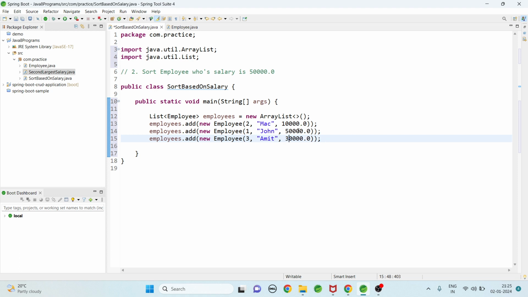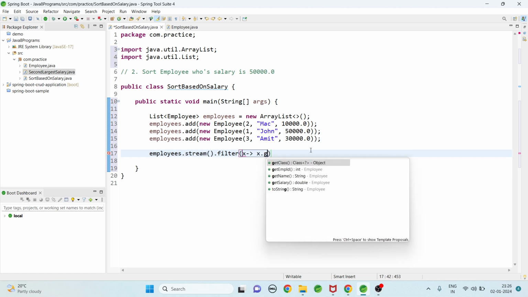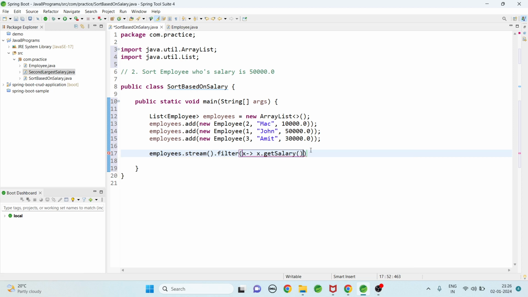30,000. So we need to find the employee whose salary is 50,000. So we need to find John in this case. So let's do that. So the employees call the stream function. We use the filter method. So in the filter method we provide a condition like get salary greater than or equal to 50,000